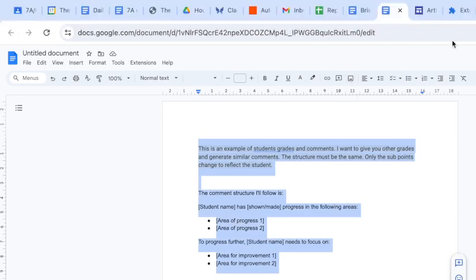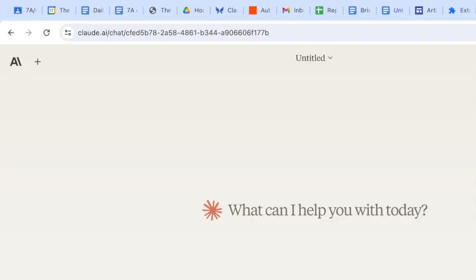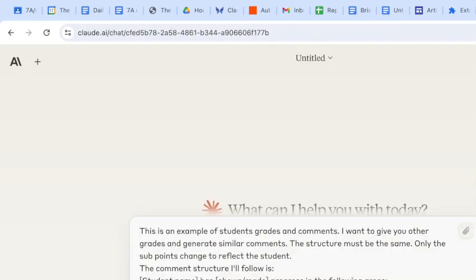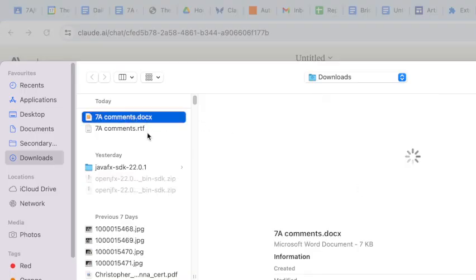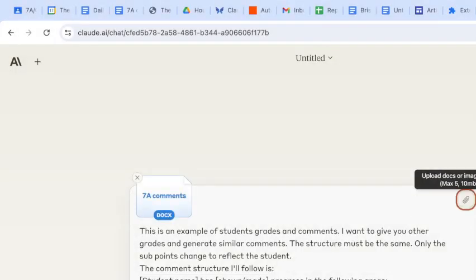So anyway, I'm going to take that information and I'm going to give that to Claude. Boom. I'm also going to give it a sample of some existing comments that I did before. So I'm going to take basically one class full of comments and pass that to Claude as well. Now, I'm not going to show you what those comments are, just because it's got some kids' names on it. The other data I'm working with doesn't have kids' names on it. Okay, so that's going to be uploaded there. So we get the comments for this class, and I've told it what I want to do. And hopefully,